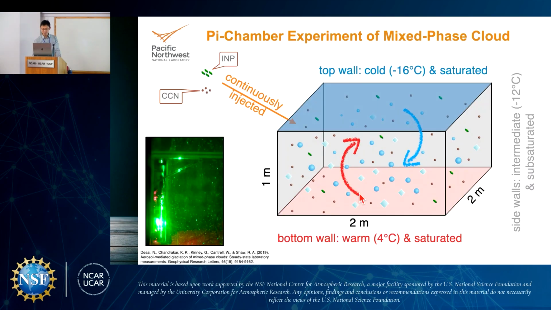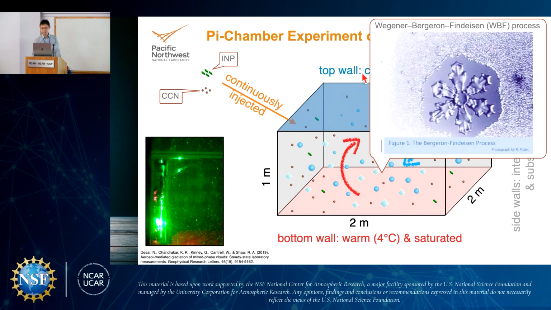So in the pi chamber, to have the mixed phase cloud, they need to maintain the mean temperature below the freezing point. So when they inject CCN, there will be supercooled droplets. When they inject INPs, ice nucleating particles, there will be ice crystals. And according to the Wegener-Bergeron-Findeisen process, when both ice and liquid coexist, the ice will grow and the liquid will be